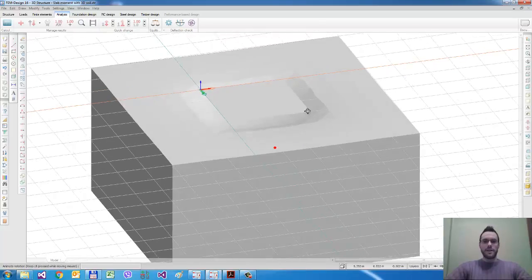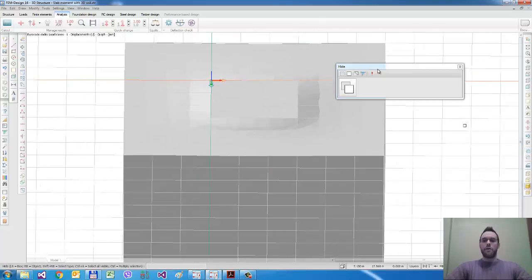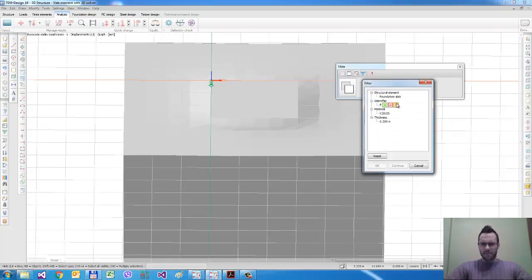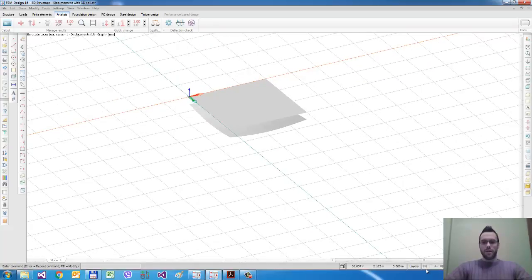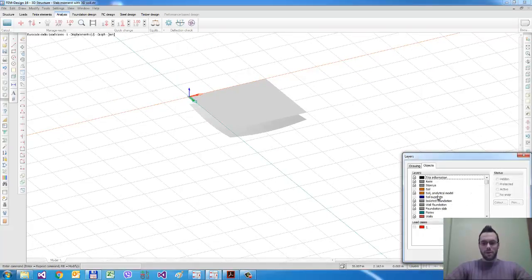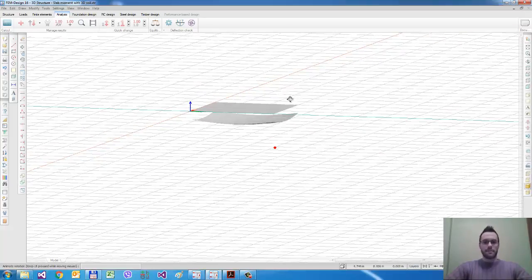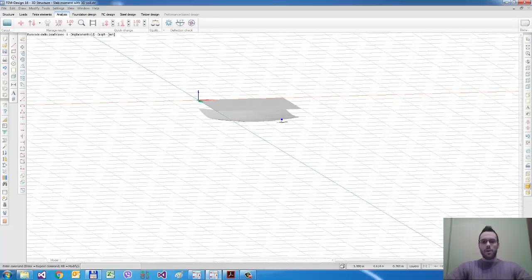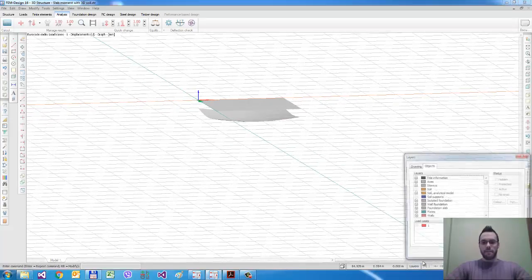Compare that with the former result that we got with the bedding modulus solution. The bedding modulus solution gives us just a constant settlement of the slab, but now if we check the settlement profile